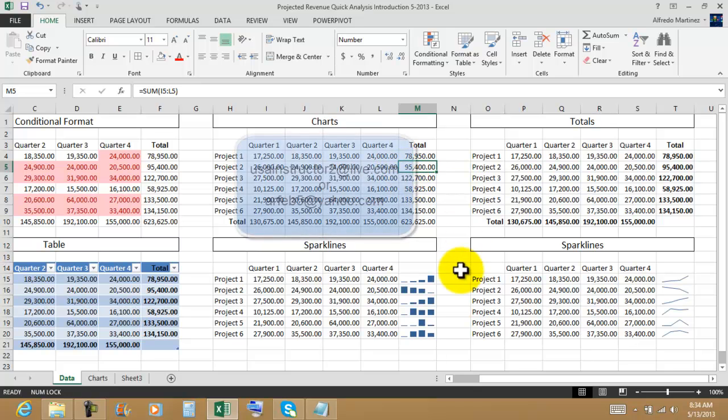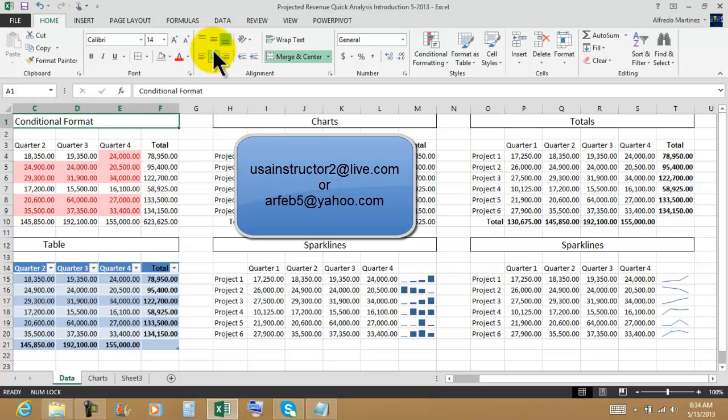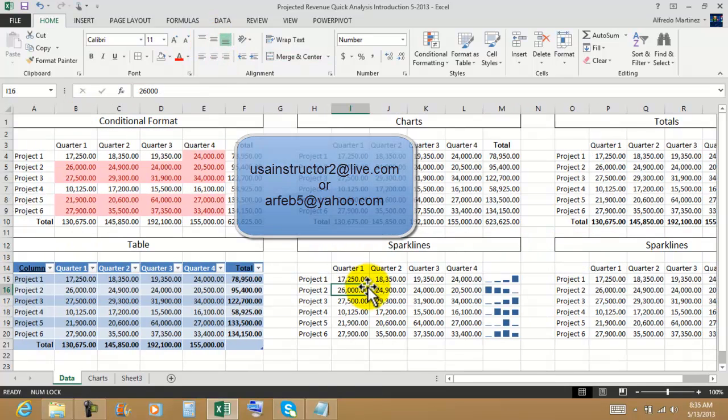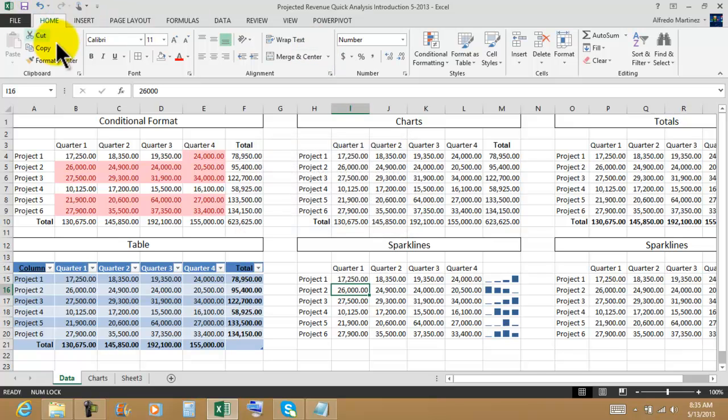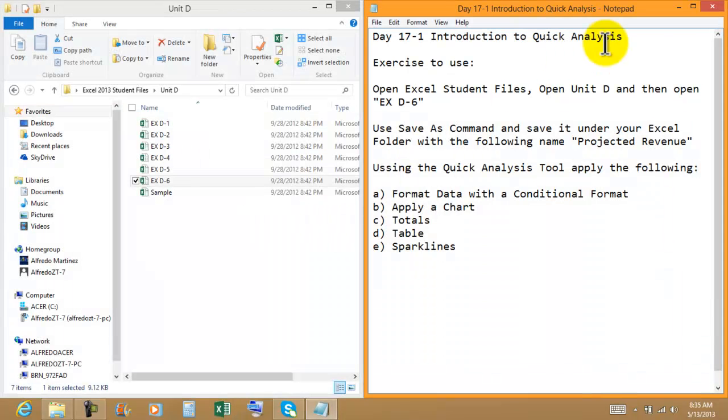We will be doing another exercise with the quick analysis. Okay, and thank you. I'm going to close the spreadsheet, click on save,